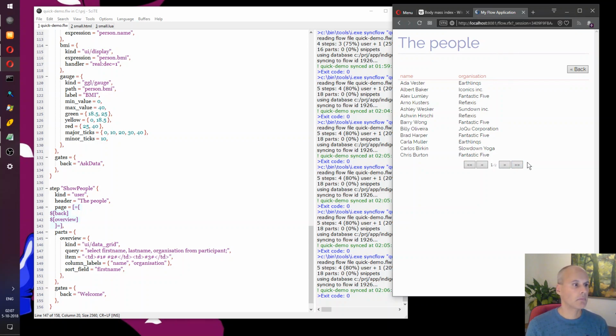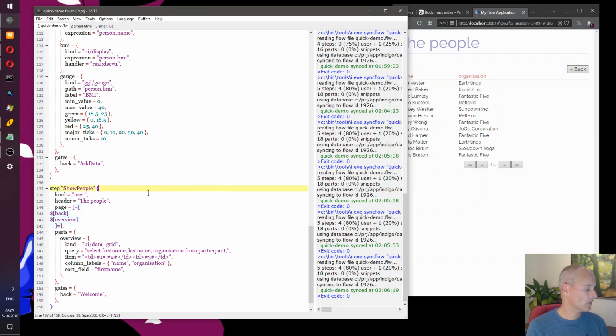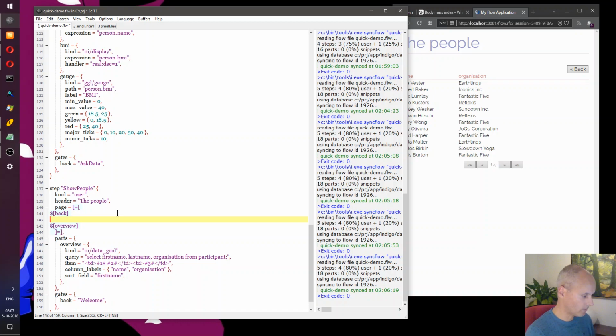Actually, there's probably a better way to show this. What I'll do is just imagine that this would be a very large data set and not the 40 something that it is now. We could actually add something like a search field that filters this set, and yes, that's a good idea. So let's do that.